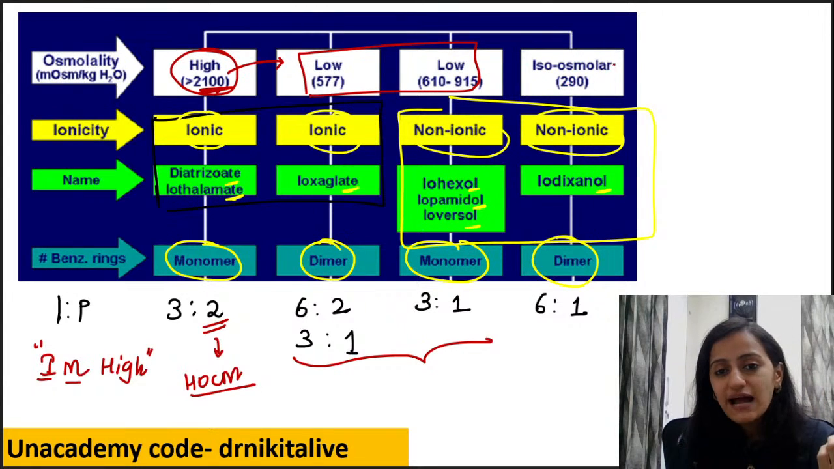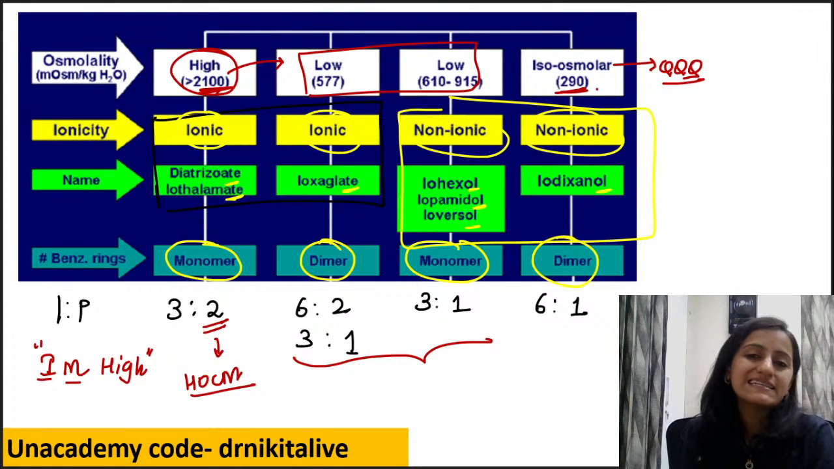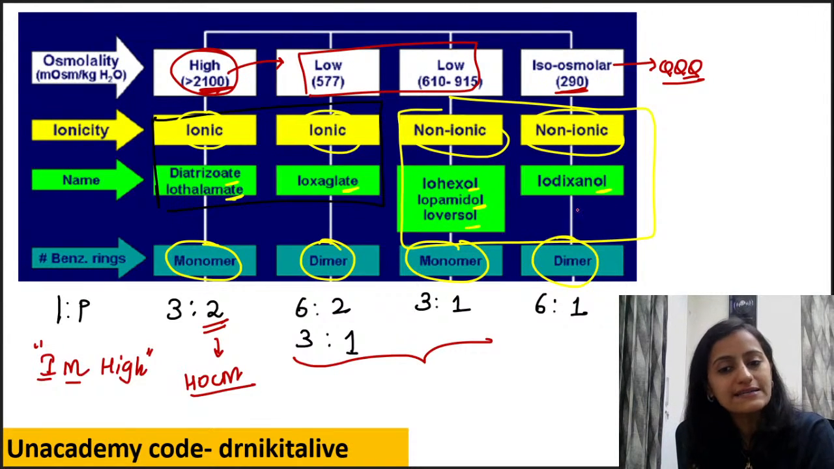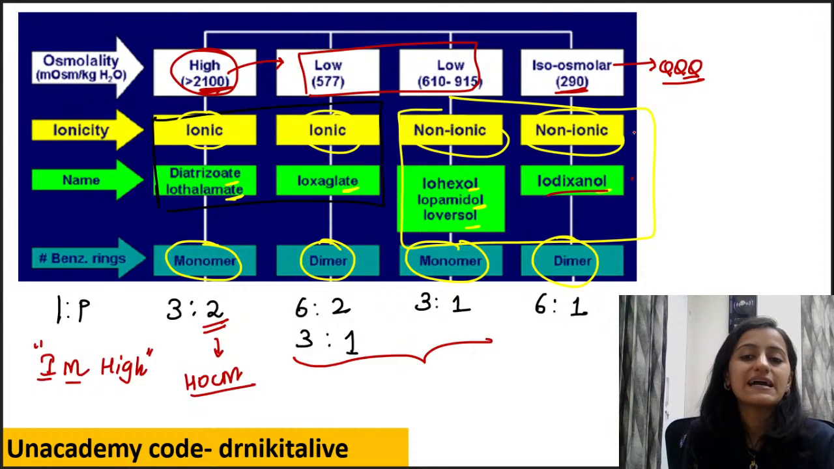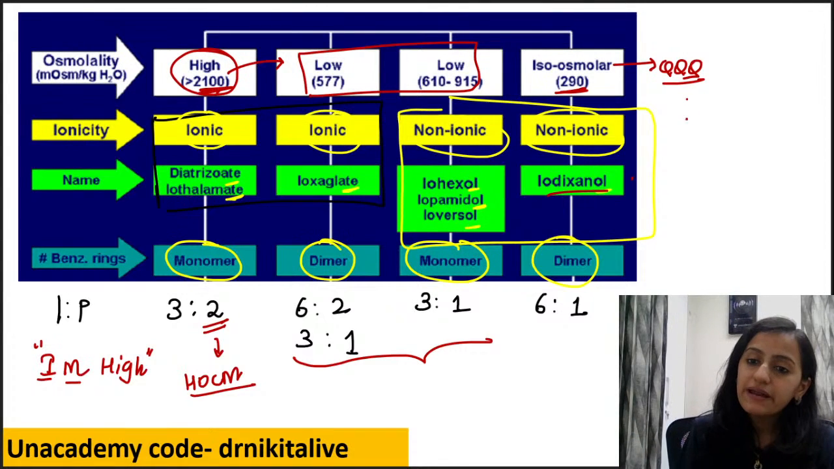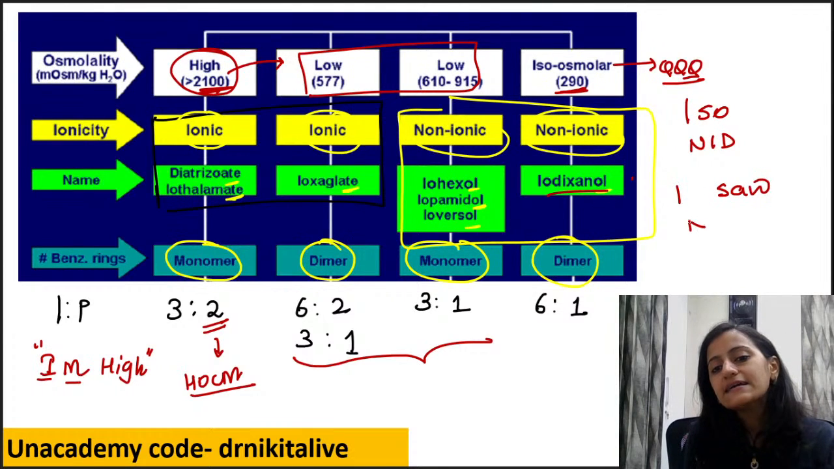And the one which is iso-osmolar, this is a frequently asked question. 290 approximately, like plasma, iso-osmolar. That is your last one, non-ionic dimer, Iodixanol. You can remember it as "iso is non-ionic dimer." That is basically "I saw",